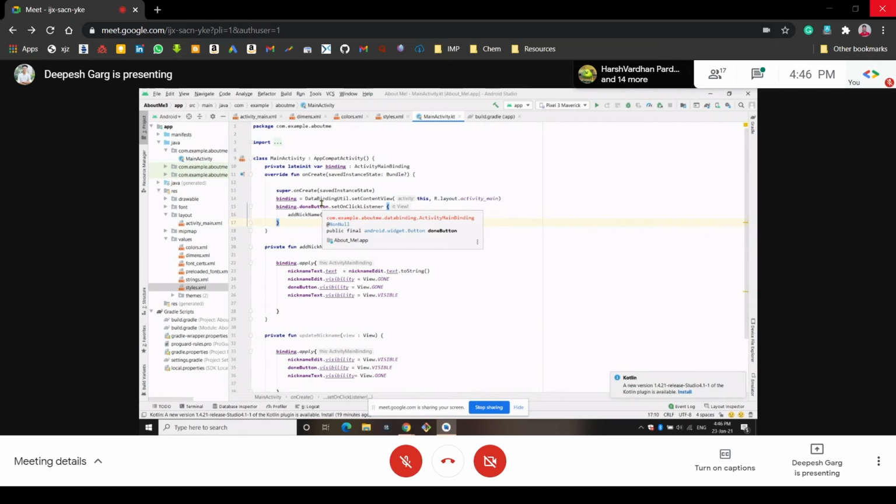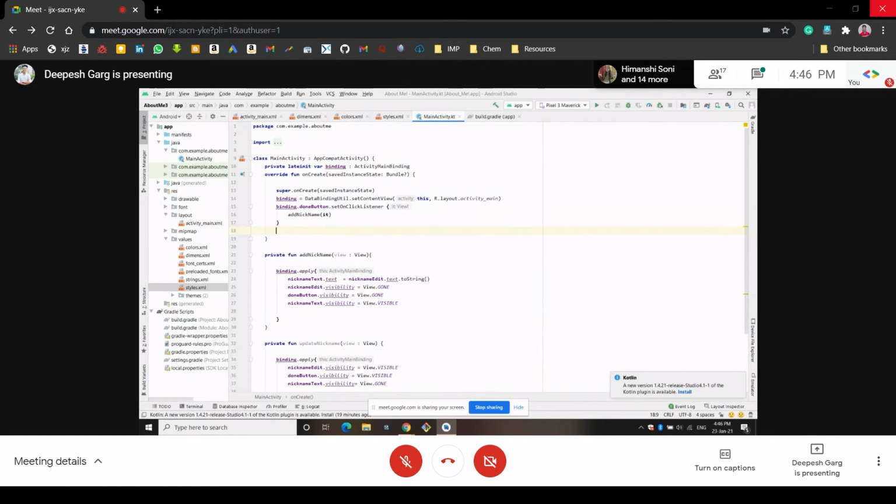Now we want to do something for whenever the user clicks to update the nickname. So we will access the binding object and the nickname text view, so that whenever the user clicks that view, the editable text view should be visible.